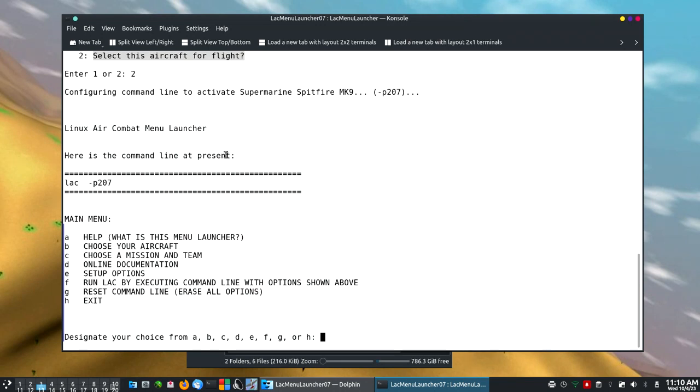So here's the command line at present, LAC with this new parameter. It says select plane 207. Now that I've done that, I've selected a Spitfire. I could use item F to run LAC by executing that command. But one more thing I'd like to do is choose a mission. Let's put that in Blake's mission, real simple mission here. So I'm going to go now choose a mission with item C, mission and team. So I'm going to hit a C here